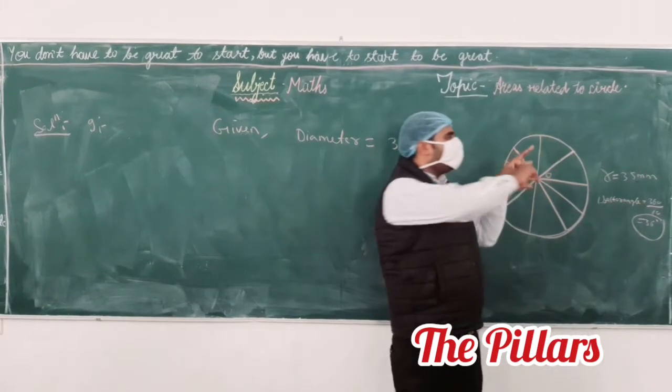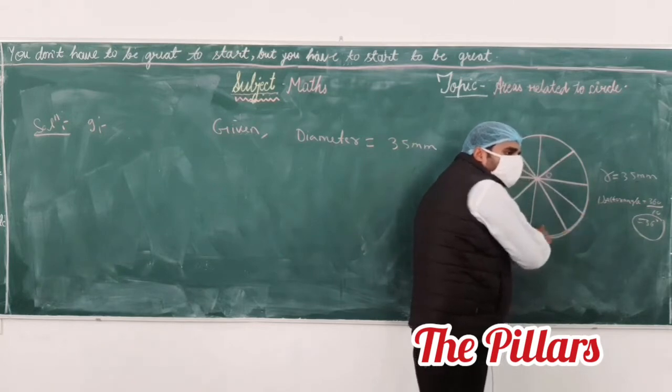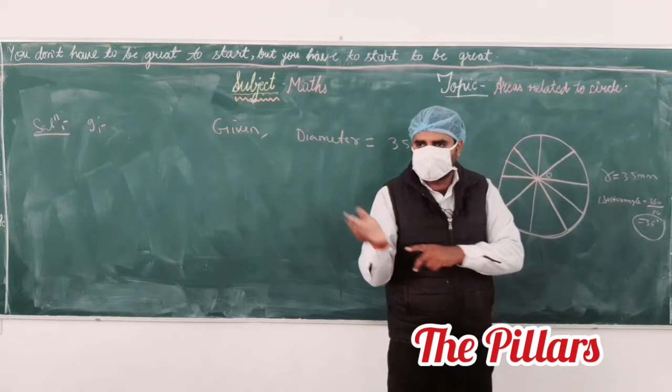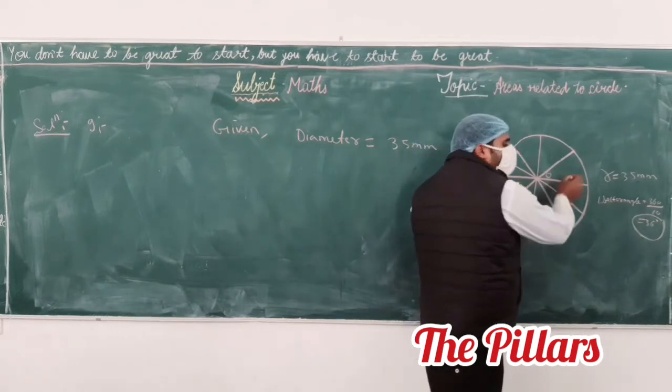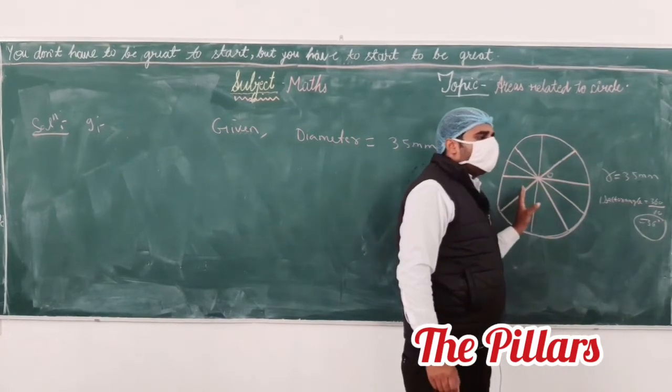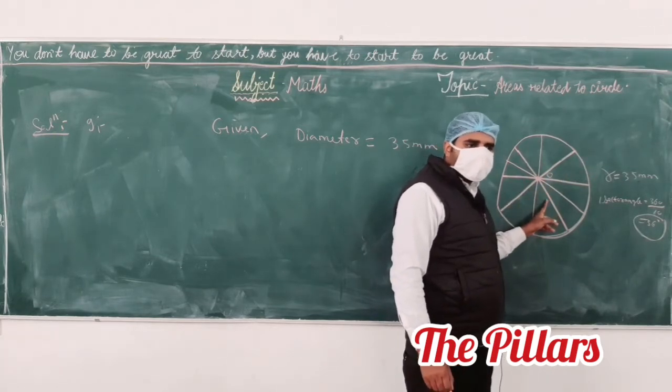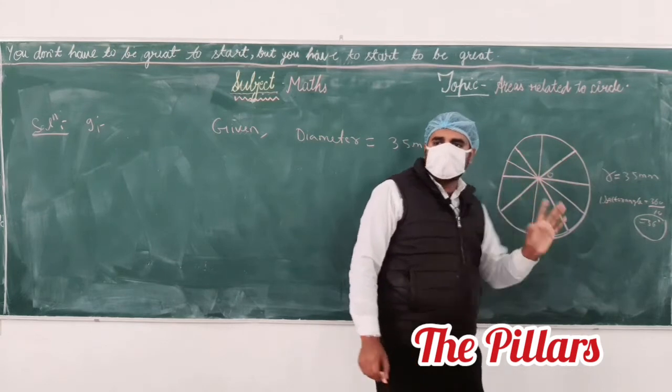Suppose we have a silver wire. By this silver wire first we have to make a circle. After making a circle, we have to take a few parts of silver wire also, and by this silver wire we have to draw the lines. It means we have to draw the 5 diameters in the figure, and these diameters pass through the center. It means it divides the total area of the circle into 10 equal parts.